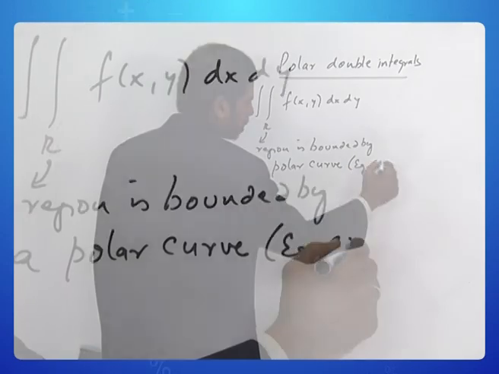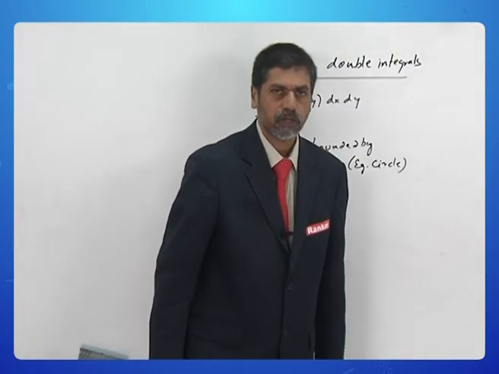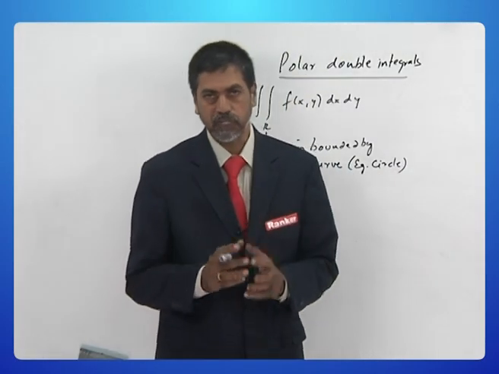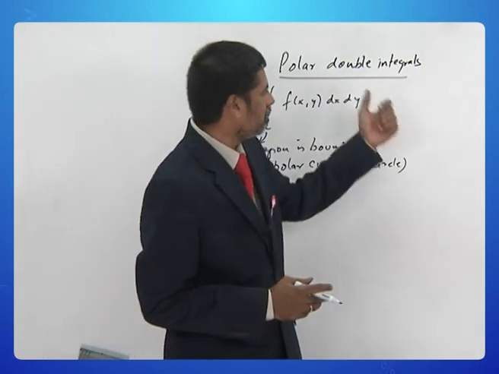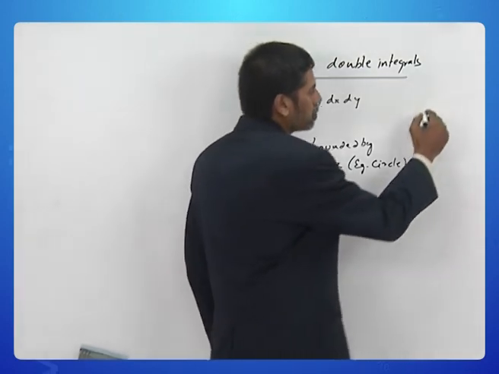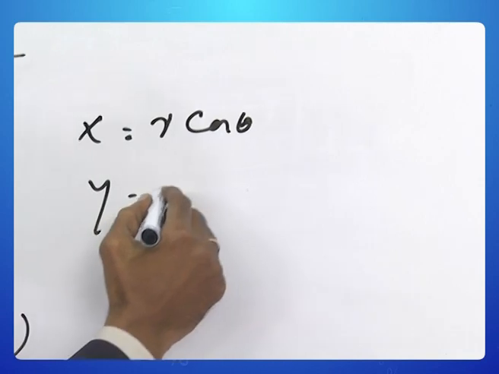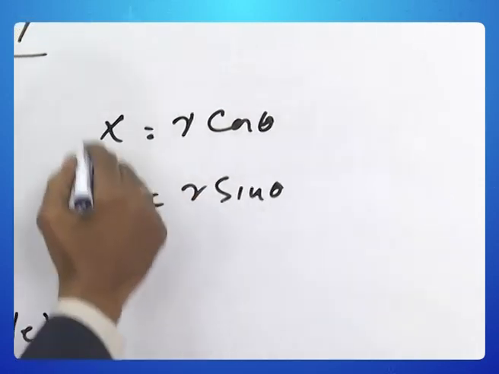Example, circle. Circle is one of the simplest polar curves. So when you have a situation like this, then we think of polar coordinates. So what you do is, using x is equal to r cos theta, y is equal to r sin theta,